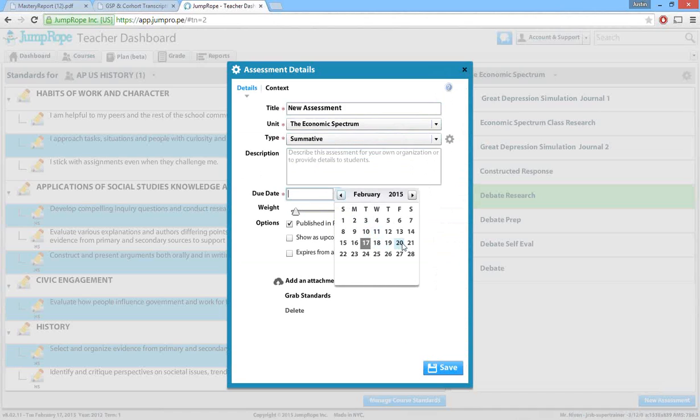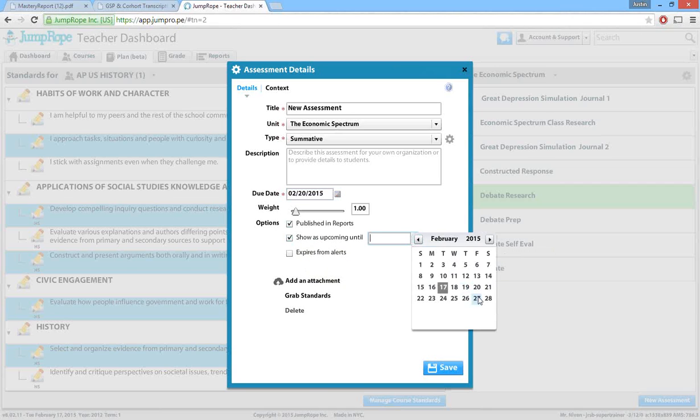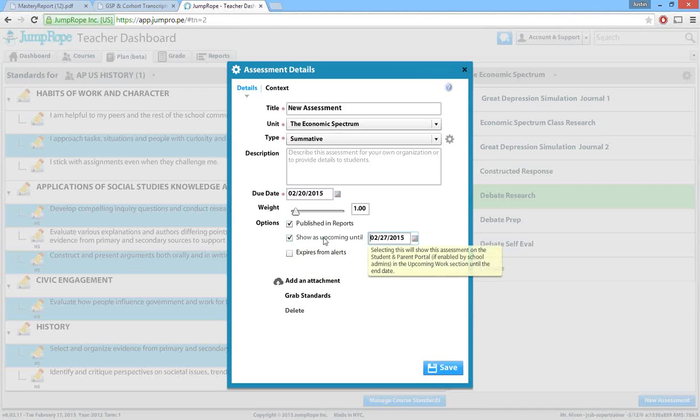Have to have a due date. Let's say it's due this Friday. The weight here you can modify if you'd like. You can choose a few other options, whether it's published in reports. We can mark this as upcoming, so I can say, hey, I want this to be displayed in the parent and student portal until the 27th, and this will allow students to see that this work is upcoming, and it will also,